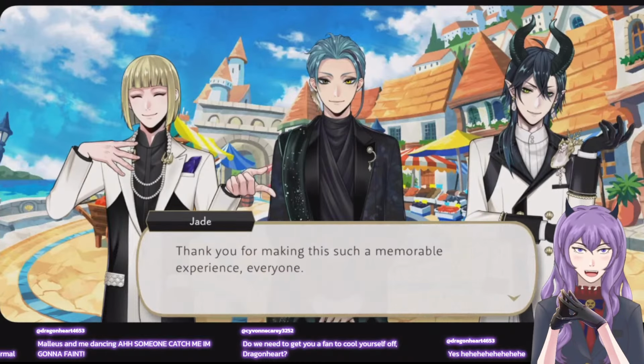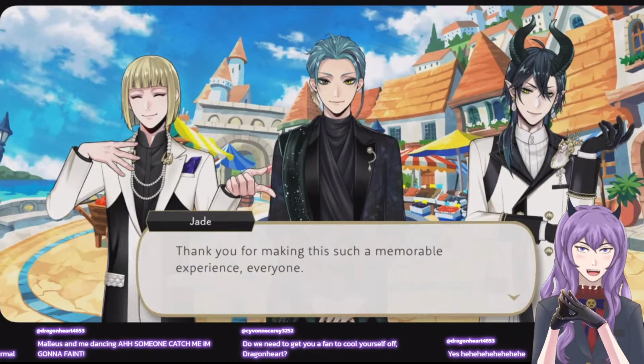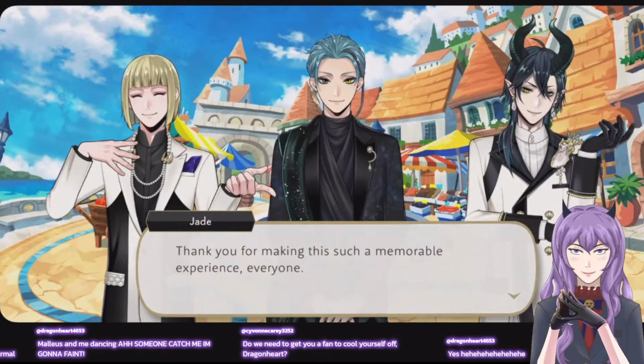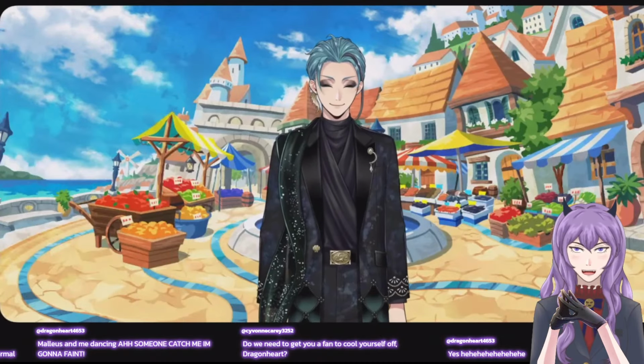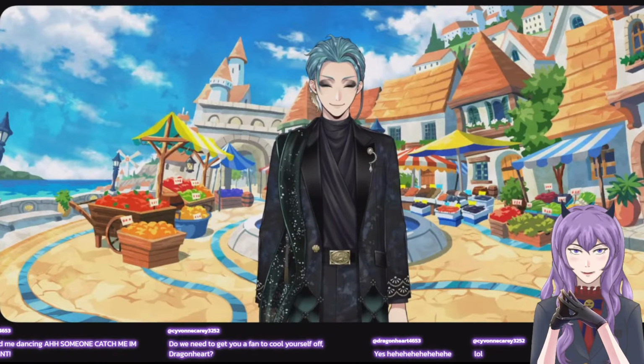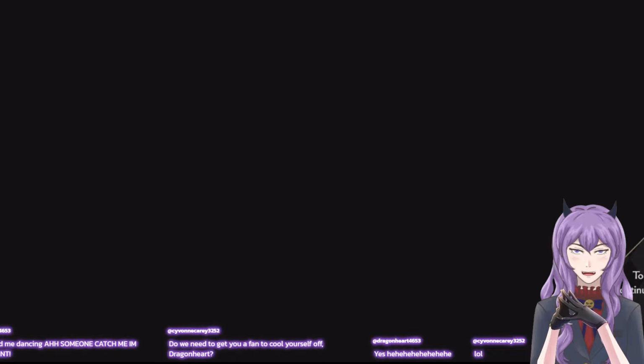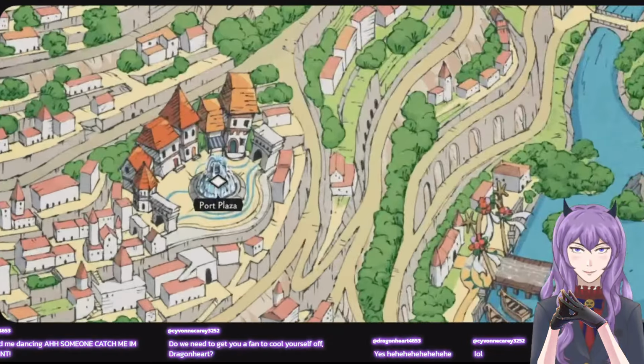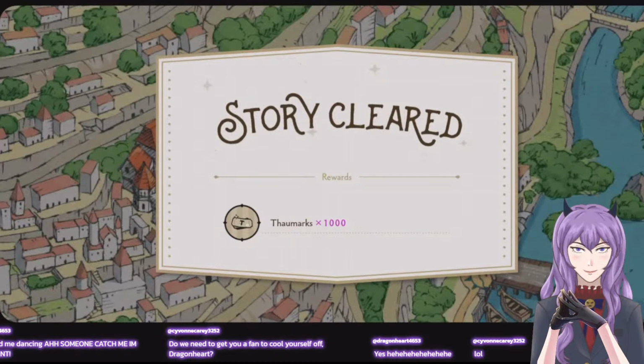You know, a part of me is like, yeah, go white boy, go. Everybody show off your moves. He looks happy though. I'm happy for him. Jade actually looks like he's having fun.